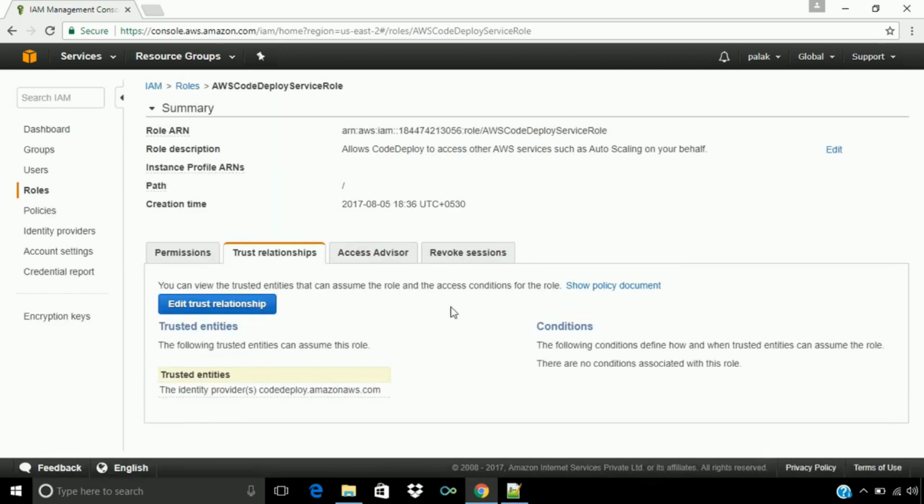Now let's move to the fourth prerequisite. The fourth prerequisite is we have to create one instance profile, IAM instance profile. For that, first we have to create a policy, define that policy, and after that we have to create the role for Amazon EC2 instance, and then we will attach our created policy to that particular role. So first let's create the policy.